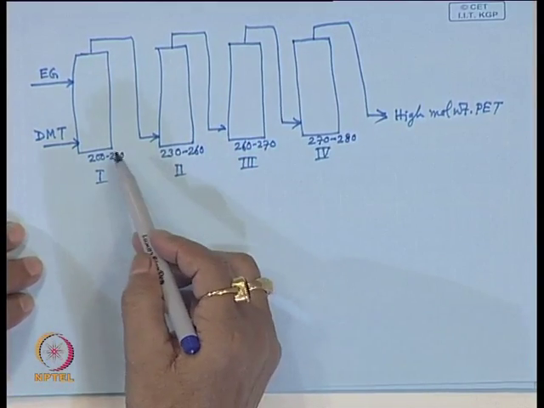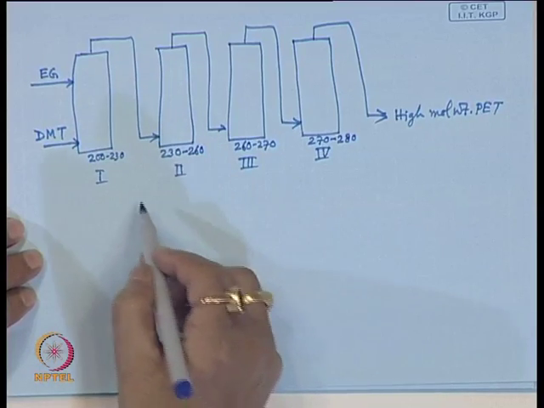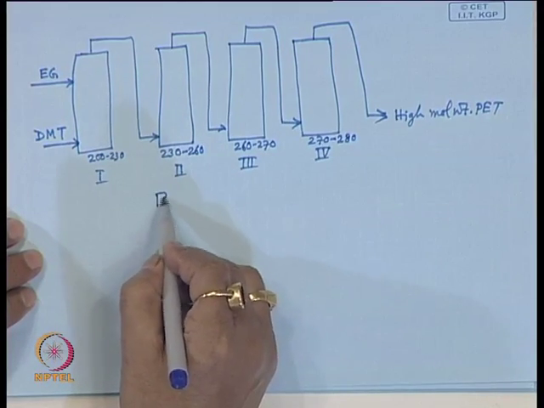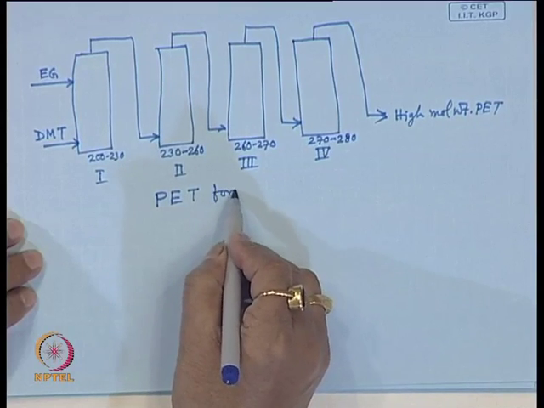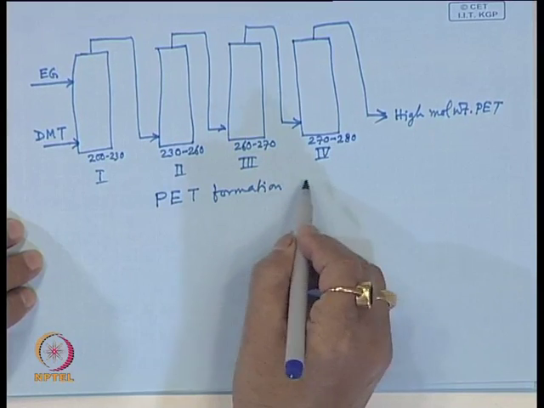Suppose these are a series of reactors, in all these reactors PET formation occurs,